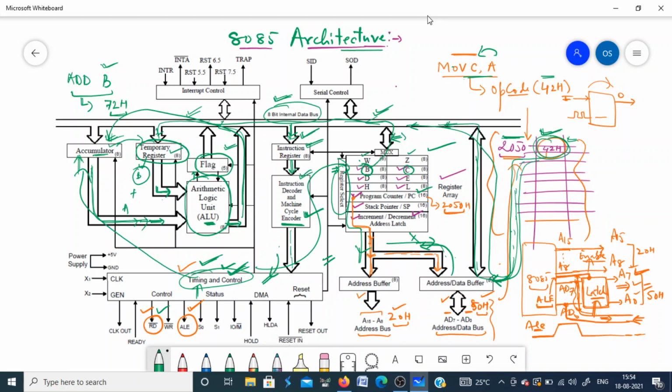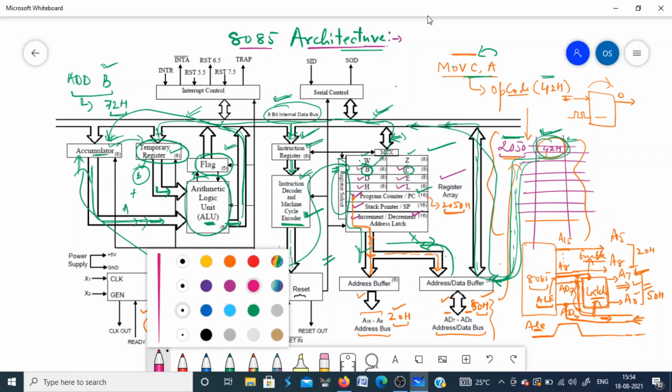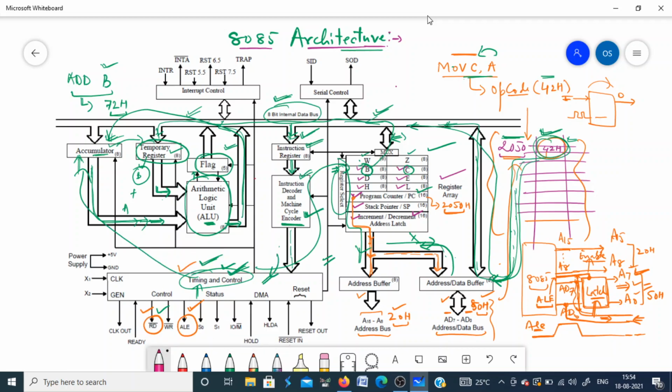Okay, now one thing you can see here: if you see the flags and the directions of these buses, this is a bidirectional bus. It means the ALU can read some data from the flags, and it can also write some data to these flags. Okay, and this is generally done like this. See, when you add two 8-bit numbers